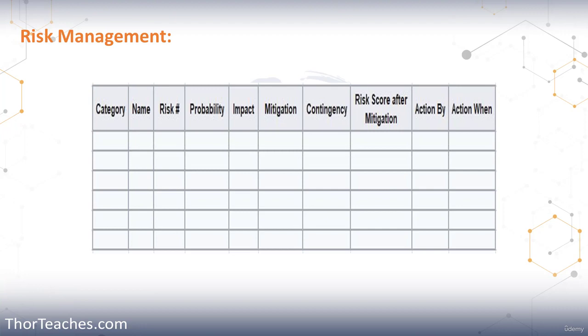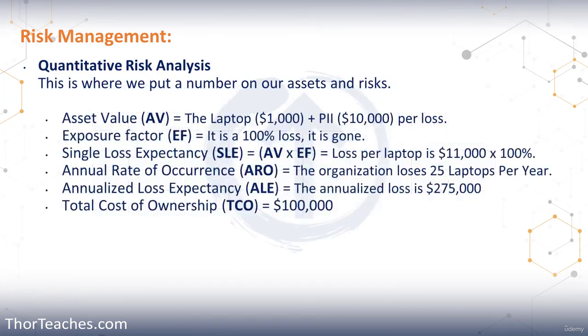We then covered the quantitative risk analysis. That's where you had to do a little math. We had the example with a laptop. The laptop was worth $1,000. The PII on the laptop, $10,000. If we lose the laptop, it's going to be gone. The exposure factor is going to be 100%. So the single loss expectancy, that is the asset value times the exposure factor, was $11,000. The annual rate of occurrence was how often do we lose the laptops? We lose 25 every year, meaning our annualized loss expectancy, or ALE, is going to be